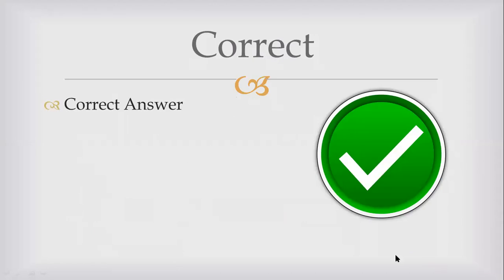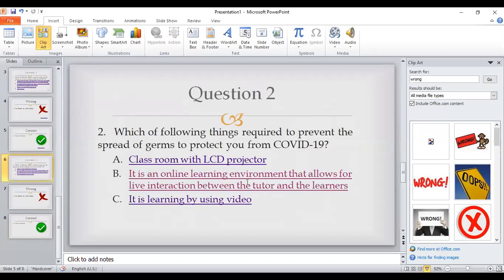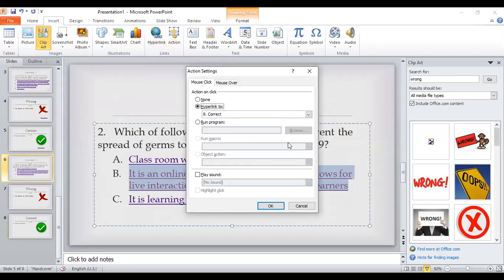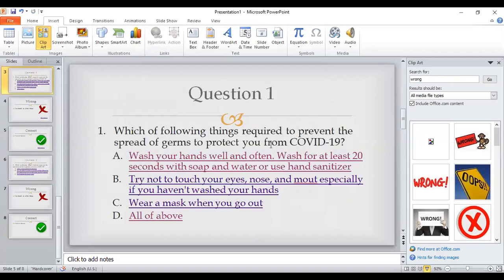Now to make this more attractive for students, see what you can do over here. For the correct answer, you have selected the hyperlink, now you can go to Action over here. Now in the hyperlink, it is correct, and you can have Play Sound. Now I can select the Apple sound over here.